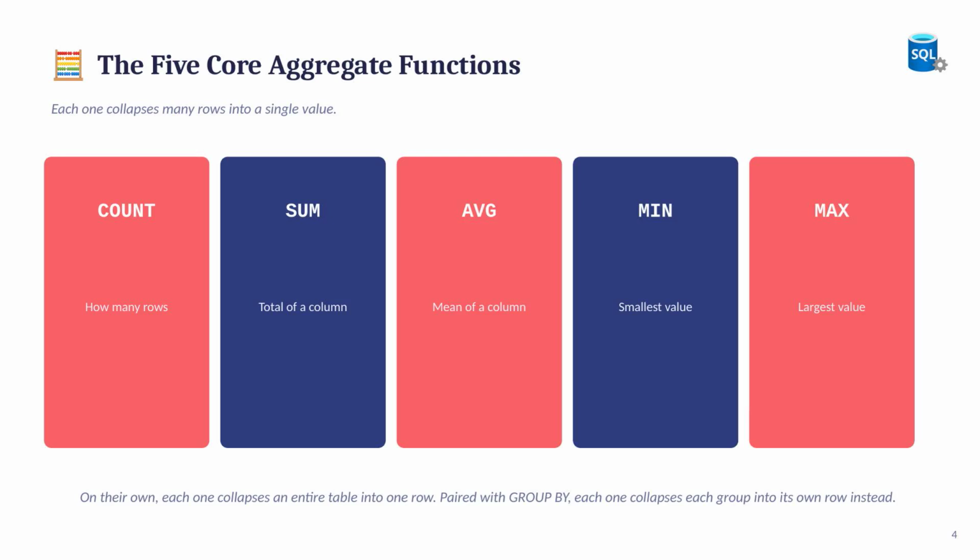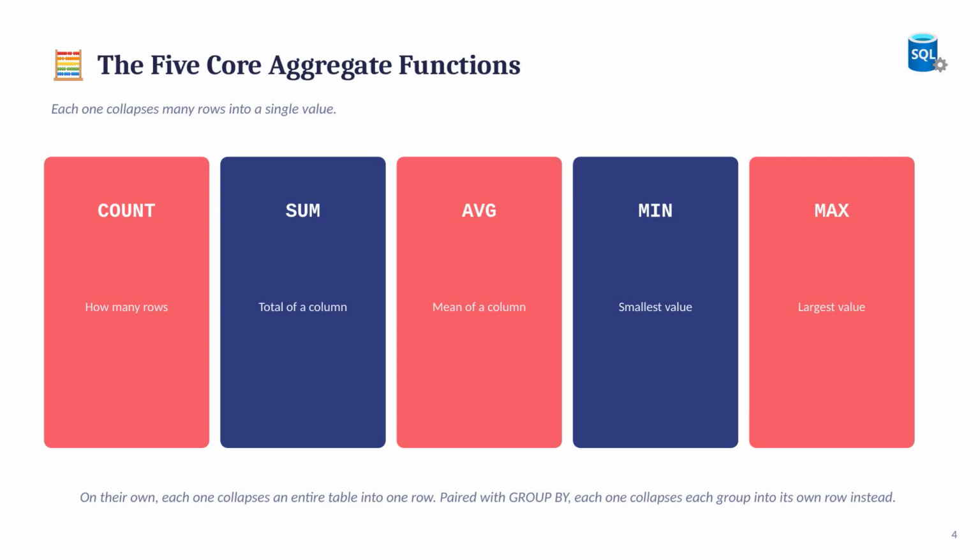Before we get to GROUP BY itself, let's meet the 5 core aggregate functions, because GROUP BY is basically useless without them. COUNT tells you how many rows there are. SUM adds up a column. AVG gives you the mean of a column. MIN gives you the smallest value. And MAX gives you the largest. On their own, each one collapses an entire table into a single row. Paired with GROUP BY, each one collapses each individual group into its own row instead, which is where the real